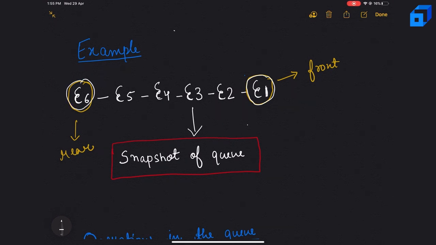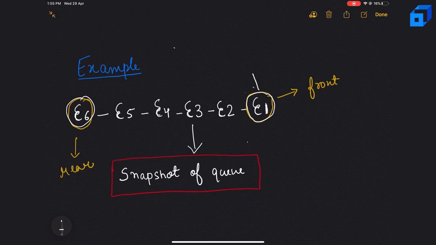Now, as we can see here, if we want to make an insertion, it should happen at the end of the queue, which we call the rear or tail of the queue. Likewise, deletion should happen from the start of the queue, which we call the front of the queue. If I want to delete some element, it should be this one, because this element entered first into the queue.